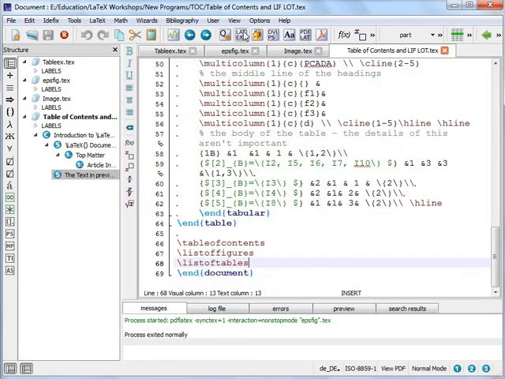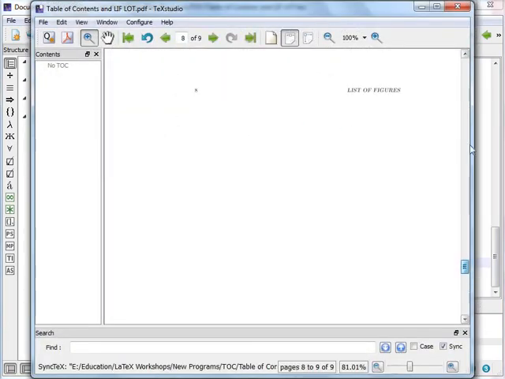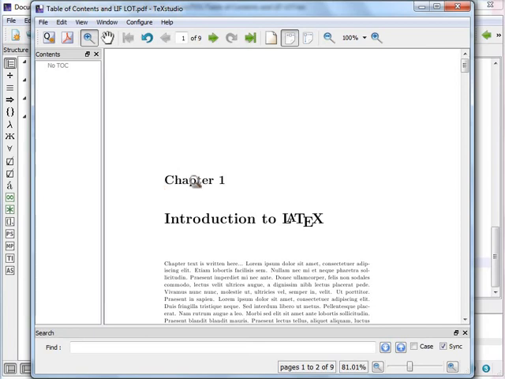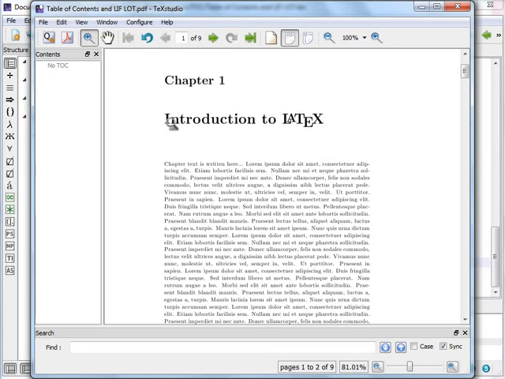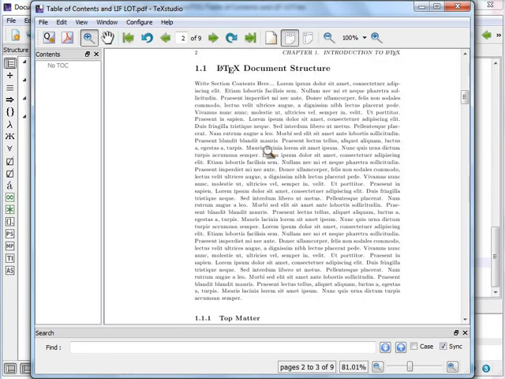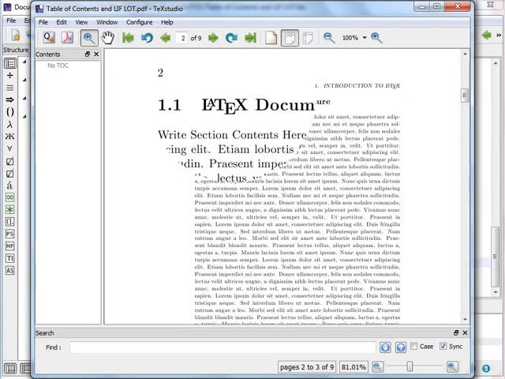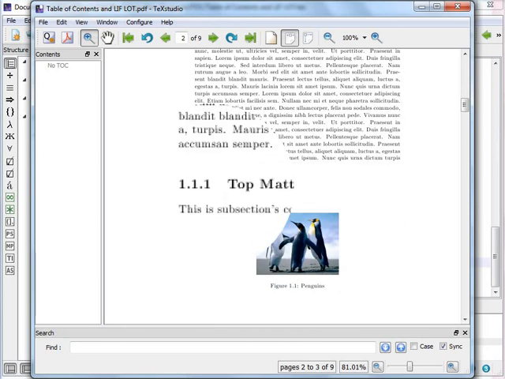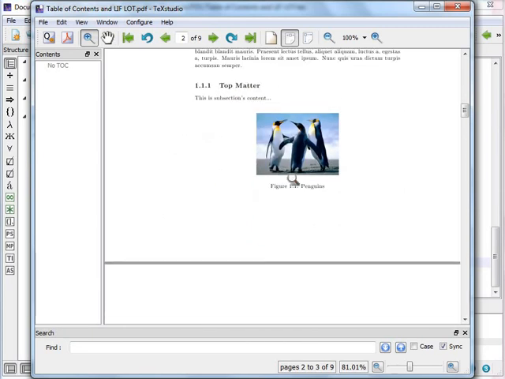So when we execute this command and look at the output, you can simply find at the top the heading we have provided, that is chapter 1, Introduction to LaTeX. A book generally has this structure: first the chapter, then the name in this particular size, then the text font of this particular size, and then the first section is 1.1, LaTeX Document Structure. Then the subsection we have used, so this is 1.1.1. The image we have added is at the center and bottom of the page, right.